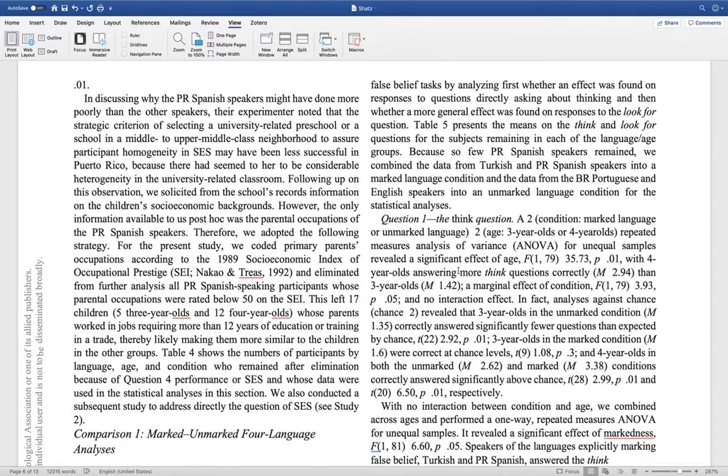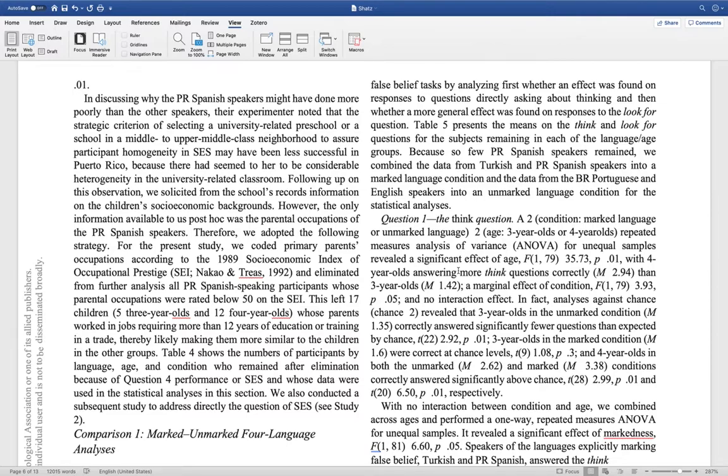Their experimenter noted that the strategic criterion of selecting a university-related preschool or a school in a middle to upper-class neighborhood to assure participant homogeneity in SES may have been less successful in Puerto Rico, because there seemed to her to be considerable heterogeneity. That means... okay, so heterogeneity means variance, differences in variance. Homogeneity means everyone's the same. Heterogeneity means variation in the data, variation in the SES